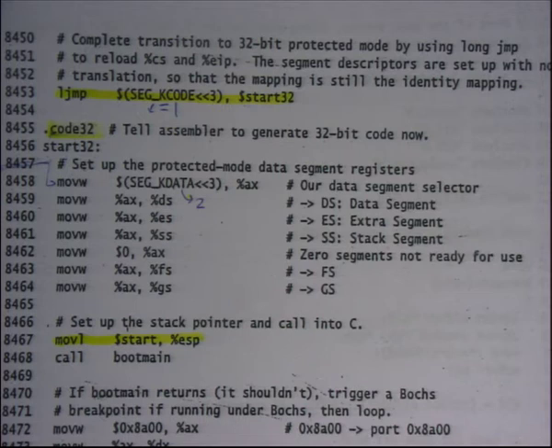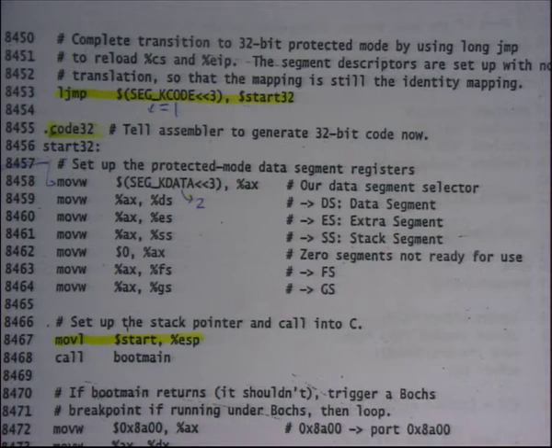And what is start32? Start32 is just here, right? So start32 is the address of this particular instruction, whatever comes after start32. By using ljmp it's causing CS to get overwritten. Right now CS was 0, now you are overwriting CS with 1 shifted by 3 bits.